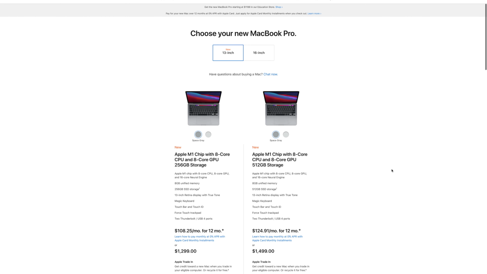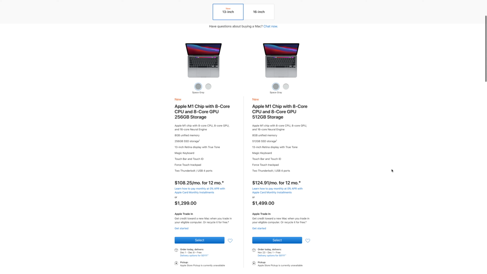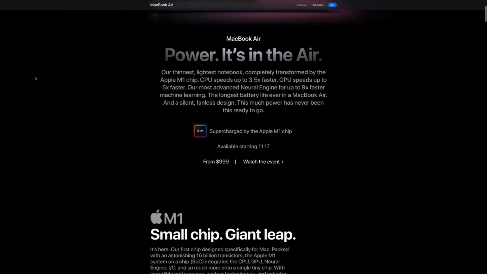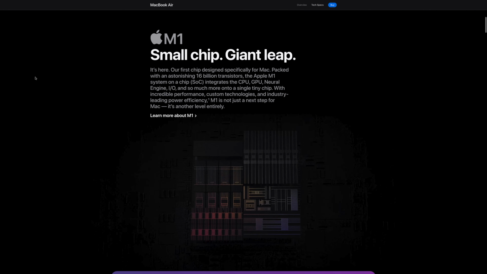Now, the crazy thing is, all three of these have pretty much identical M1 chips in them, and the prospect of running something like MainStage or Ableton Live on a MacBook Air successfully, really for the first time now, actually seems not just possible, but probably practical, probably totally doable.